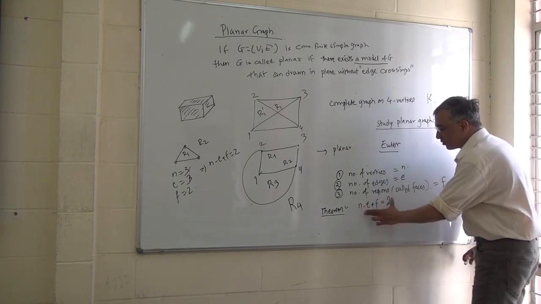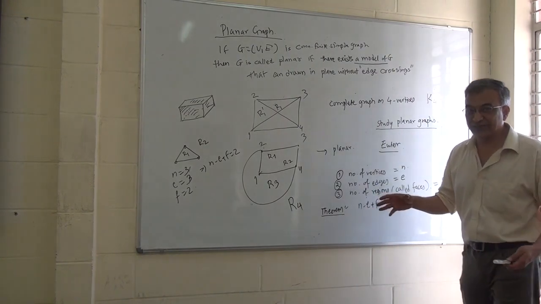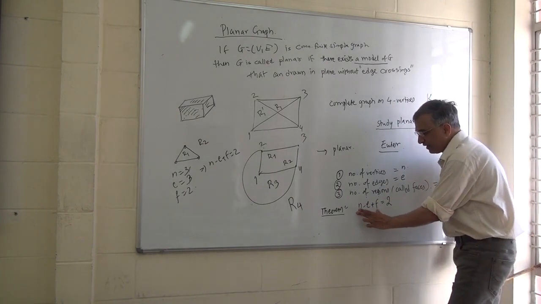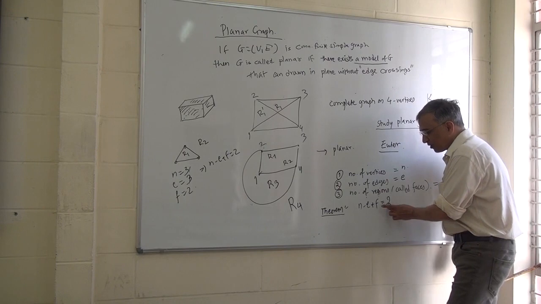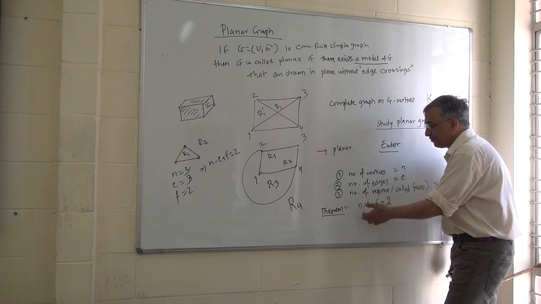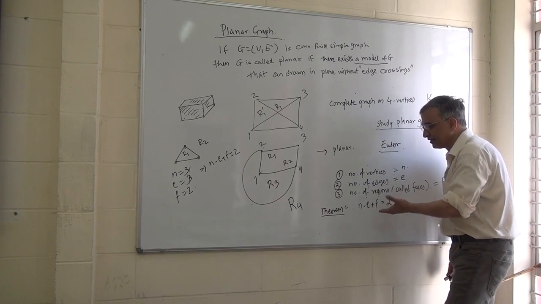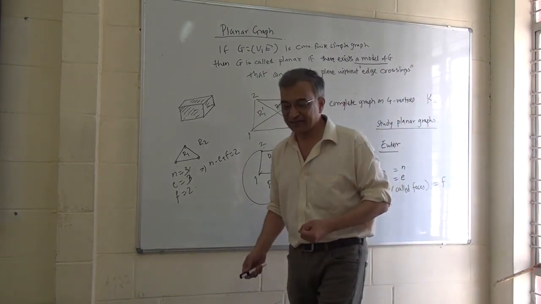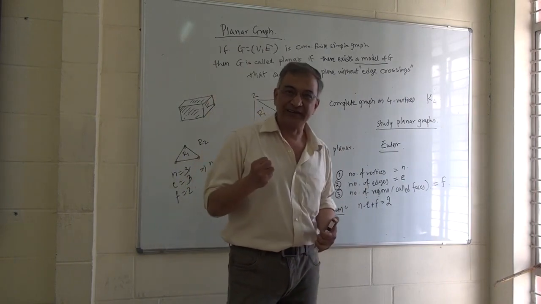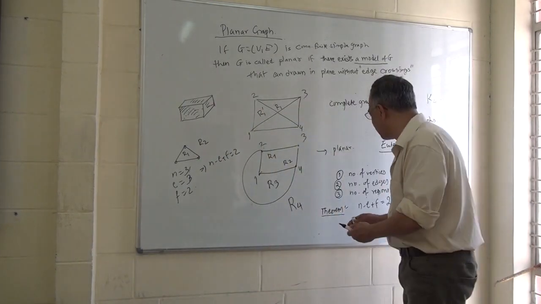But I want to say that this is an amazing statement in mathematics. How do you appreciate something that is good? The left hand side is completely dependent on a graph, and the right hand side is a global constant which is not dependent on the graph at all. How we manipulate something which is dependent on the graph to get something which is independent of the graph is very much appreciated in maths. This kind of phenomenon happens very rarely, and this is one of the very celebrated results. It was proved in 1758 by Euler.